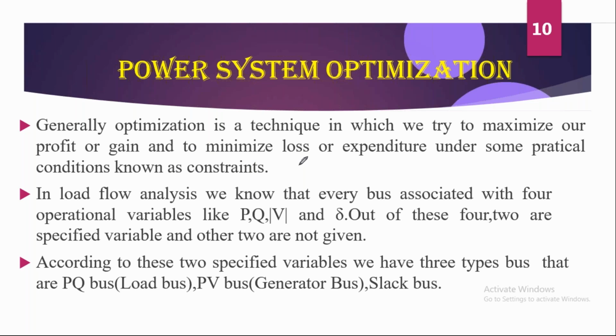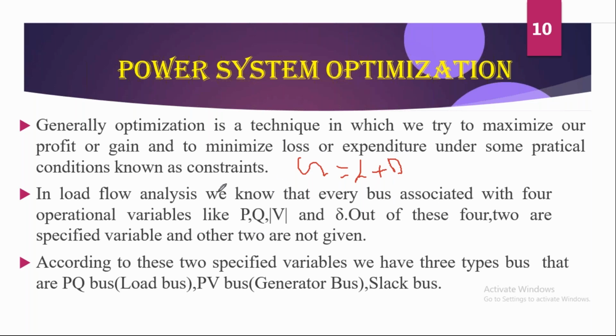Why? Suppose let me consider the transmission system. The transmission system completely depends on the environmental condition, so it is not in our hand. They have to rectify the process involved in the transmission system. That's why the generation should always be equal to the losses plus the demand. Then only it is called the energy balance equation.